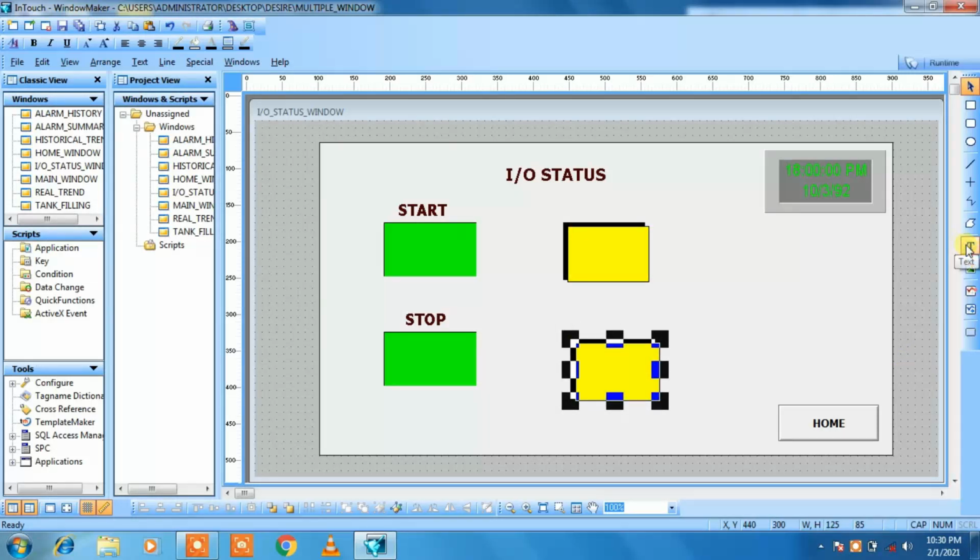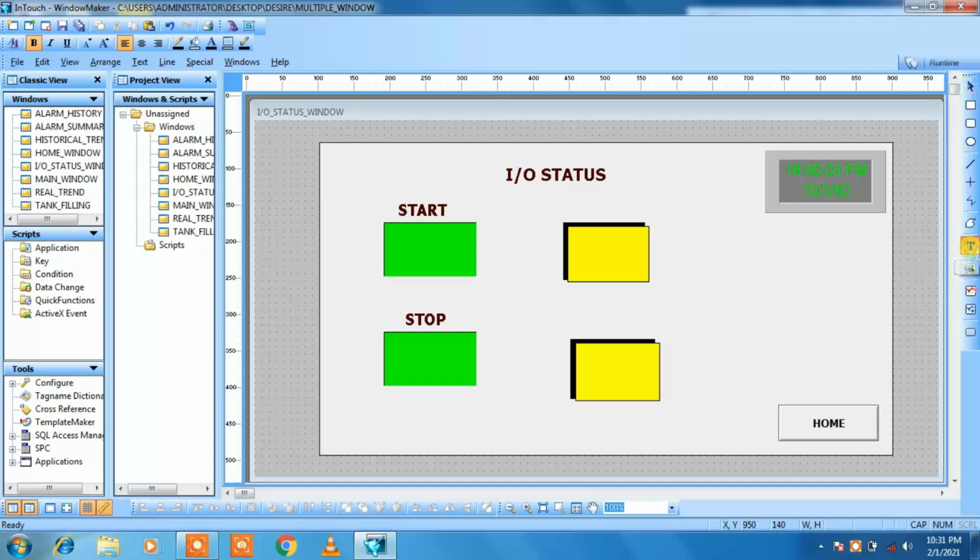Let me give the names to the indicators.